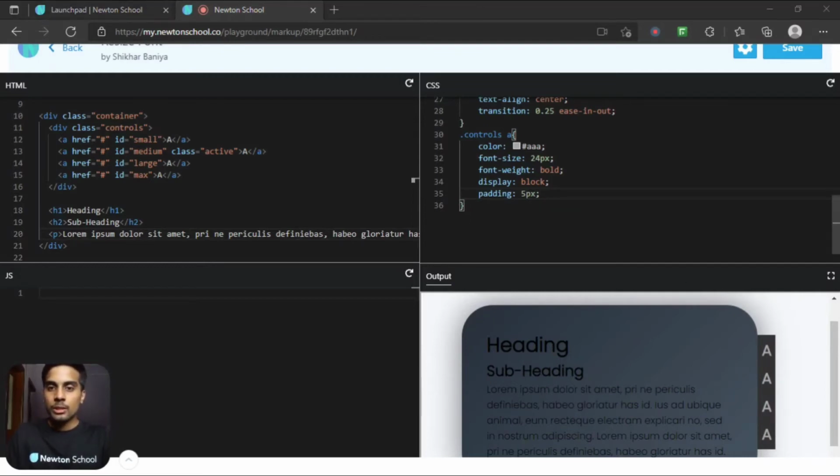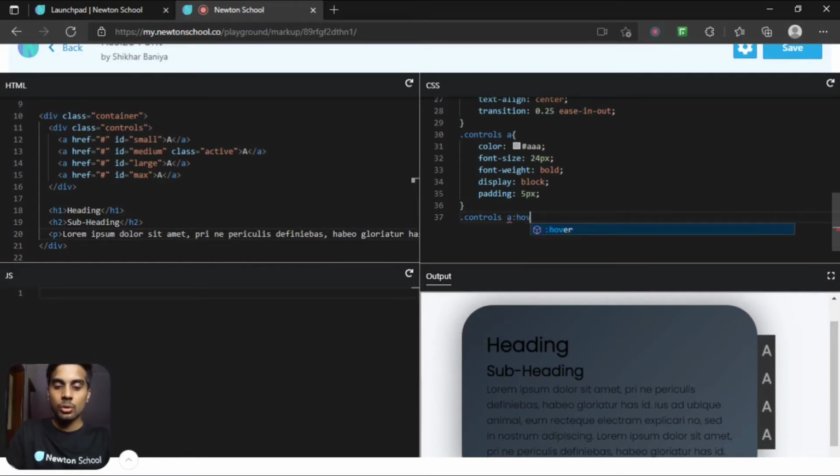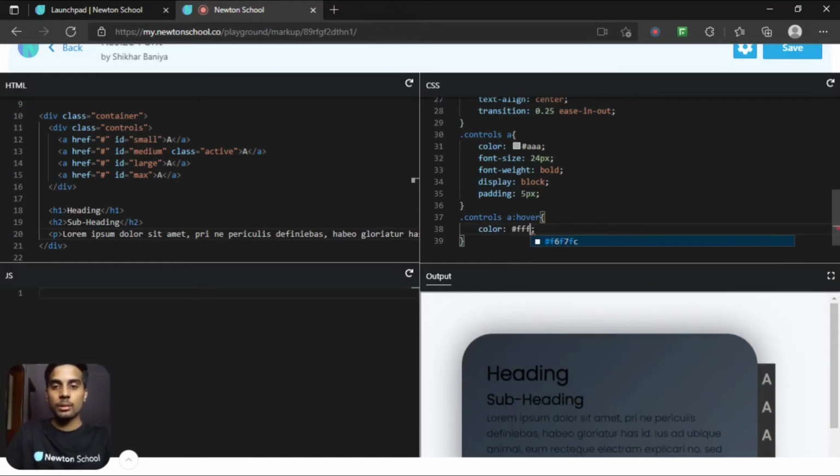Now I want to apply some hover effects. So let's say dot controls A colon hover. At first, let's change the color to white, and let's change the background as black. So FFF, sorry, 000.